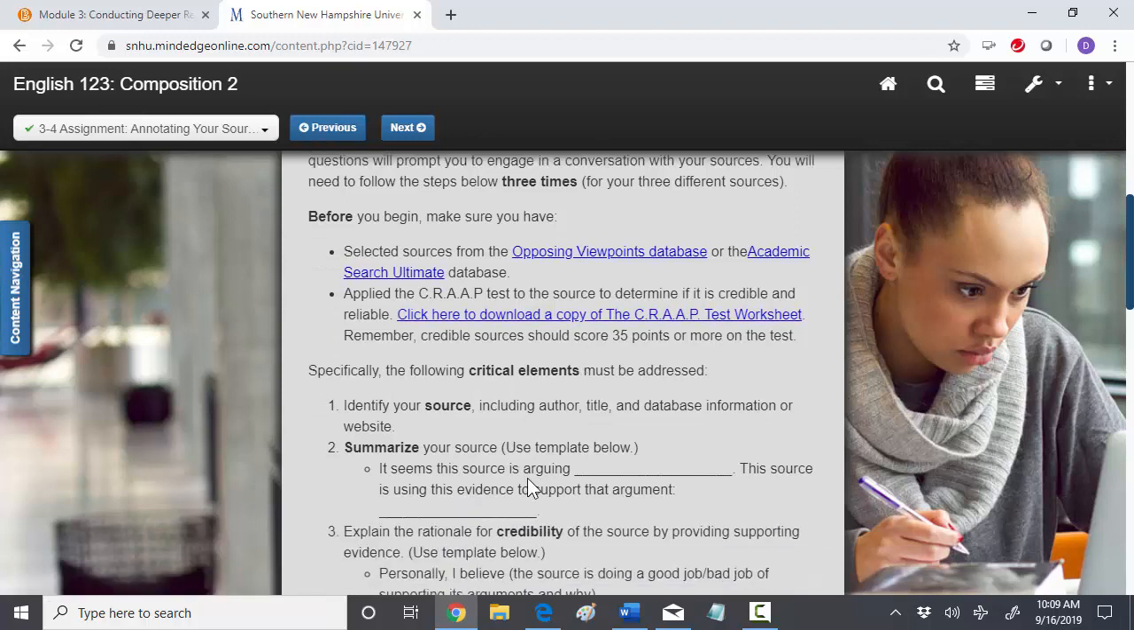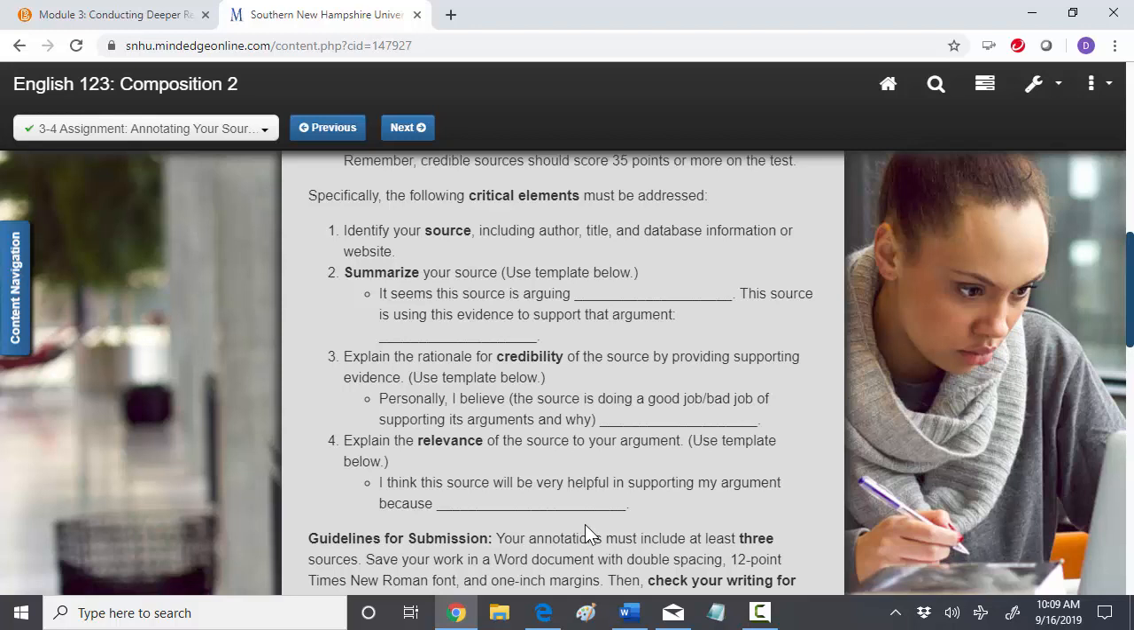So when we get to this, you're asked to answer these questions for each of your 3 sources. And it has these kind of fill in the blanks. You don't necessarily have to use these exact sentences, although it can be very helpful. What is important is that you identify your source with the author, the title, and the database information, that you summarize your source, basically tell us what it's about, describe it, give us a little summary,